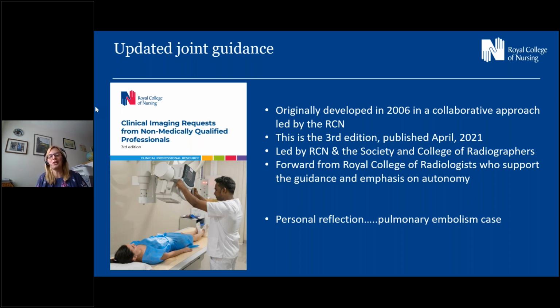As a nurse, I'm very good at completing clinical information and the clinical question, and documenting all of that effectively on the form. The patient in question remained in pain, and on inquiry I learnt that the request had been returned as my authority did not extend to this particular investigation, as there'd been a debate. There was questioning of whether it was the formal PE pathway, i.e. I could only request a CTPA,